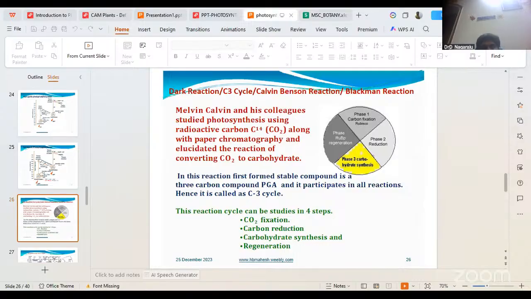It releases ATP and forms phosphoenol pyruvic acid. It absorbs the atmospheric carbon dioxide, which changes into bicarbonate, HCO3. That bicarbonate product is absorbed by PEP, PEP plus